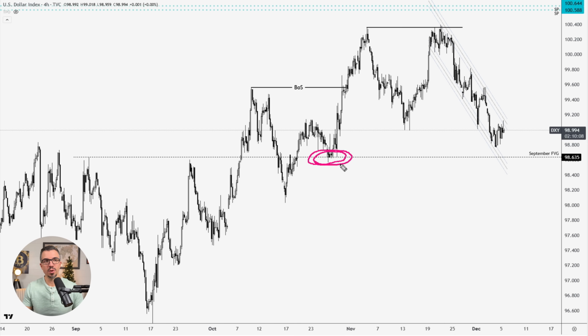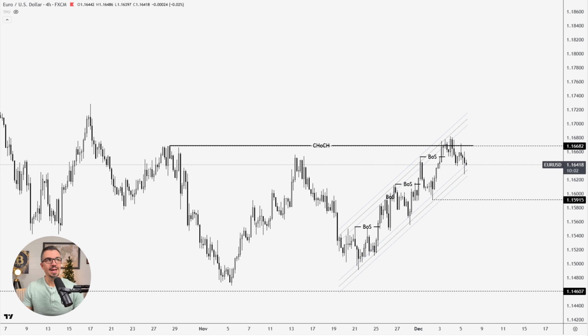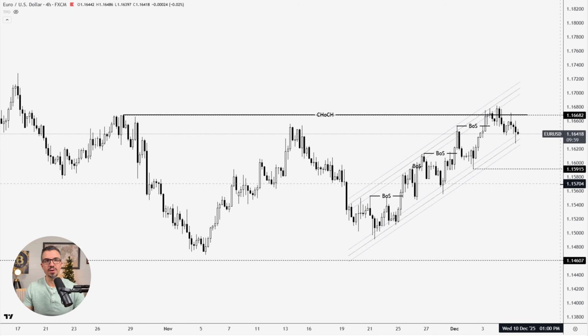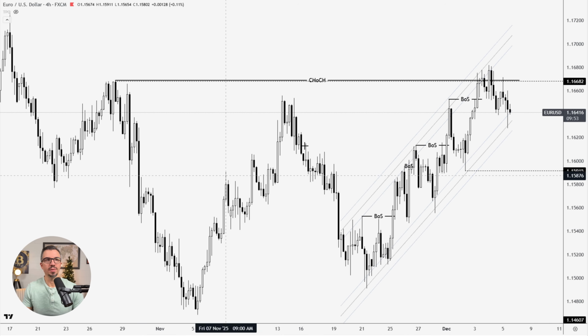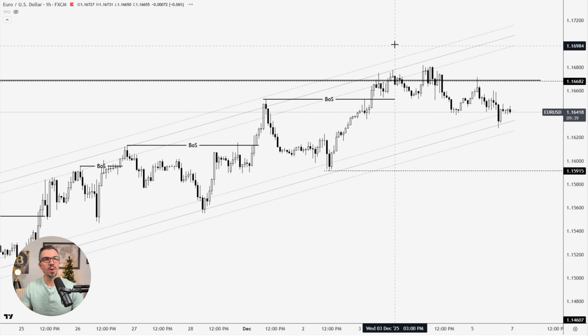I need to see us closing below here to confirm that the US dollar is bearish. Until that time, I think you've got to approach this change of character on the euro with a little bit of hesitancy. I'm not saying that it's invalid, but we do have to be a little bit careful with this shift. Now, as far as last week's forecast, if you watched that video,